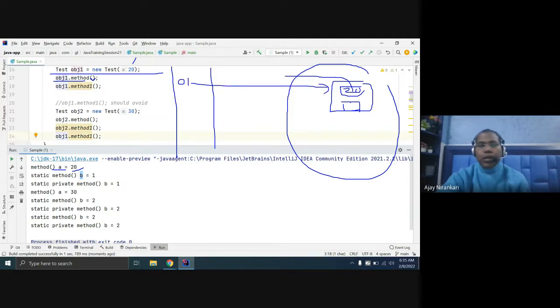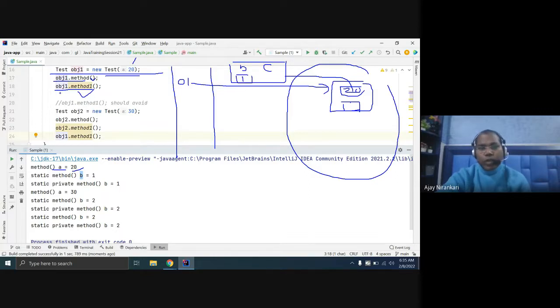Now you call the static method. Whenever this class is loaded, one copy of the static data member is also initialized. Here is b. In the constructor you say b equal to b plus 1, initially 0, then it becomes 1.